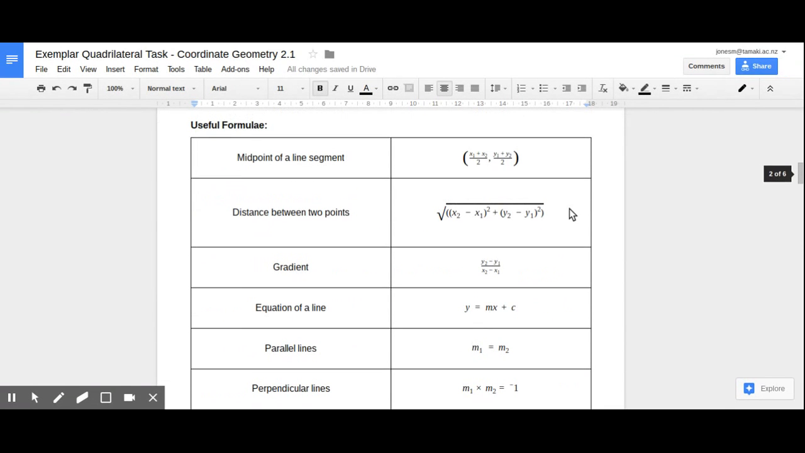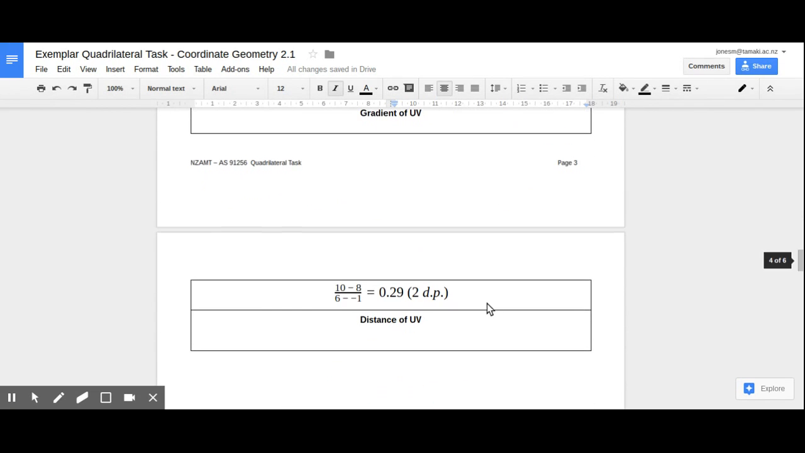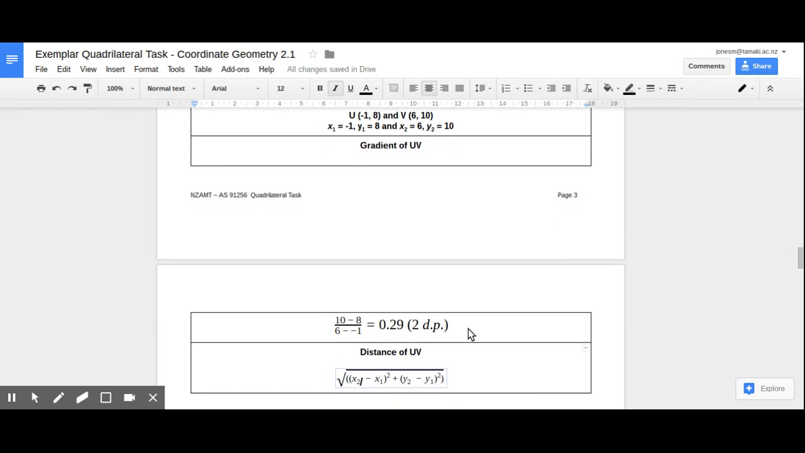And what we're using is the distance formula. So I can copy that. So our x2 is 6. Our x1 is negative 1. Our y2 is 10. And our y1 is 8. Okay, so if I put all of that in a calculator, I am going to get